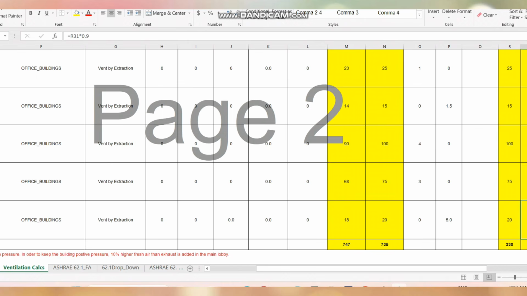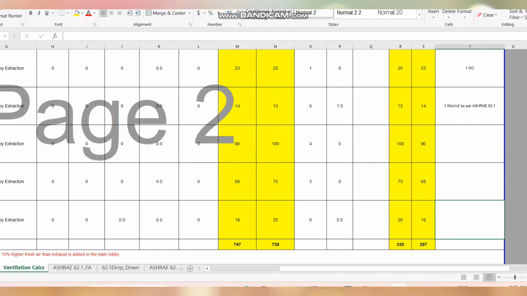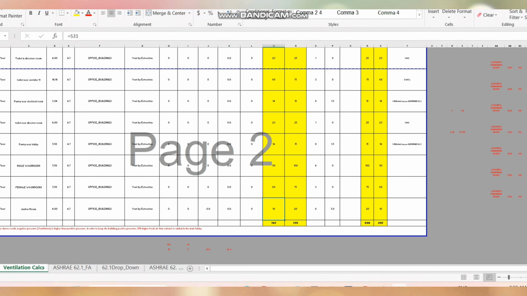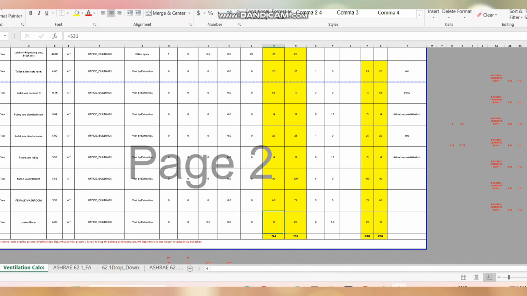So 90% of the exhaust is a fresh air calculation here, because we have to maintain the negative ventilation, and it will be automatically duplicated. So finally, for this entire floor, we find the answer here. Now we need to see how to make the air balancing, because that is one of the important steps